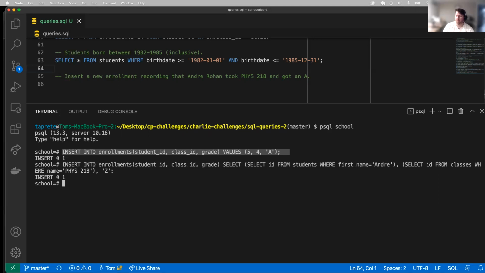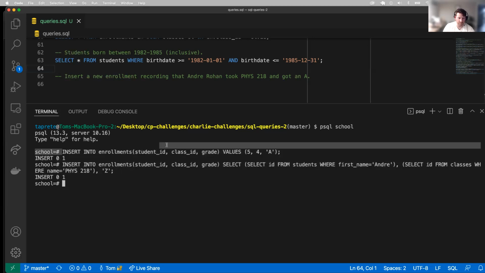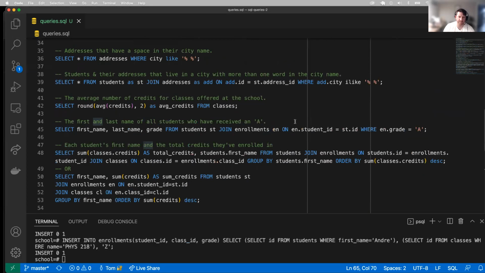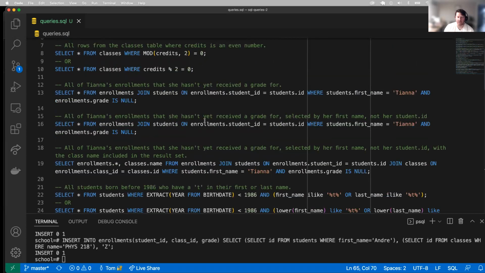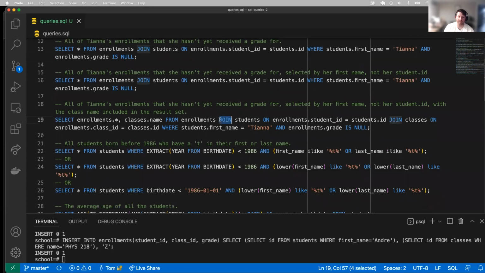All right. So that's that. Does anybody have any questions on queries? Queries are kind of tough, but they're also kind of fun. Just remember join tables and double join tables, and you can also do triple join tables and just keep on joining tables together. So keep that in mind. All right. I'm going to go ahead